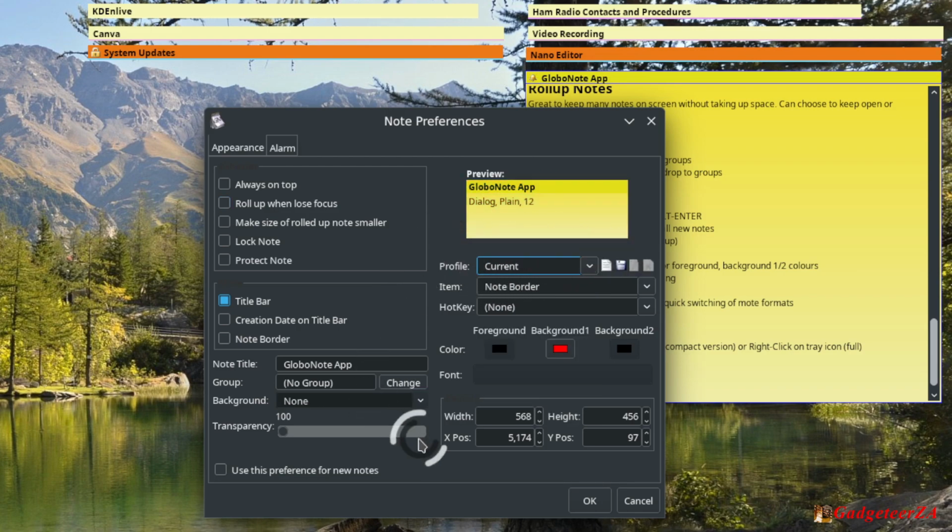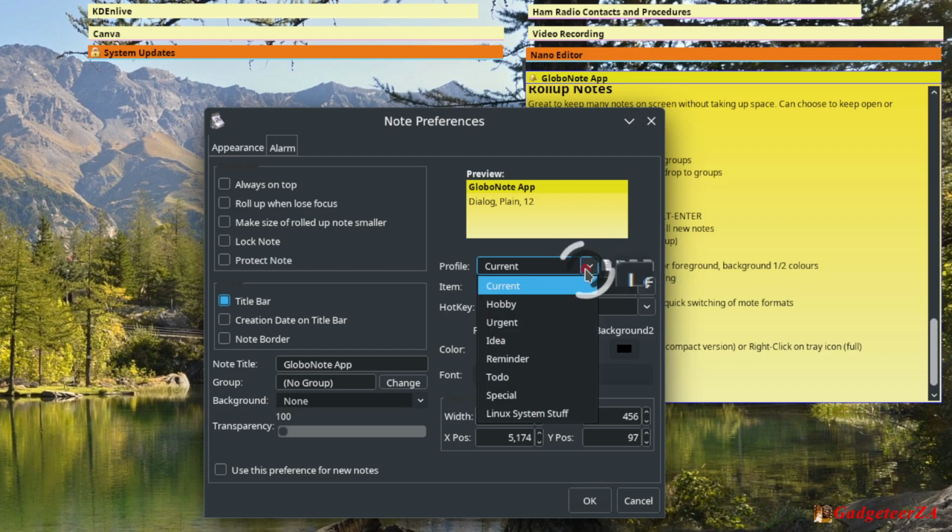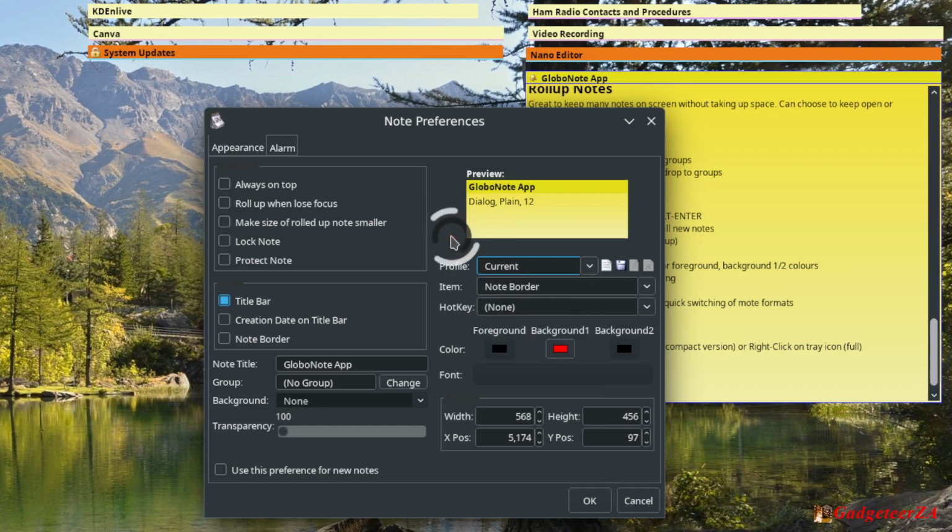Obviously, whichever I had, if I've made some changes here, not only can you save it as a default for notes, but you could also here click on save profile. You can see it's just popped up, and you can save it and name it as, like I've done here, for Linux system stuff. You can choose a couple of different things, to-dos, urgent, whatever, and give them different borders and outlines and that sort of thing. So profiles is one quick way to quickly choose